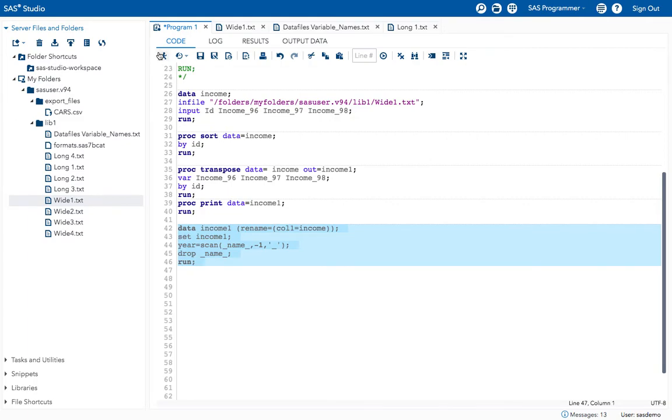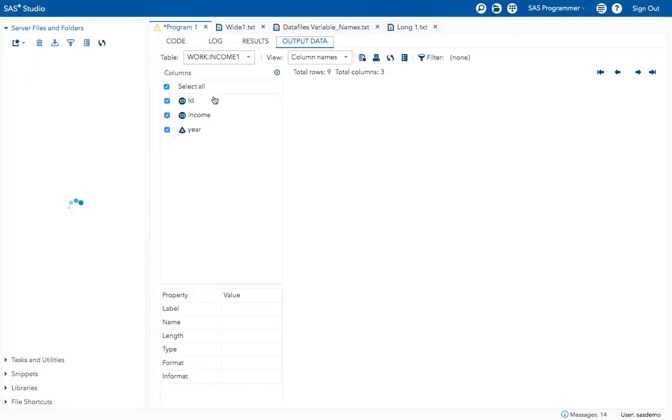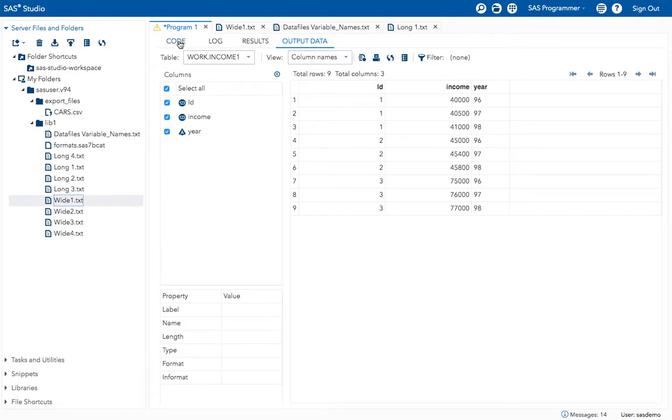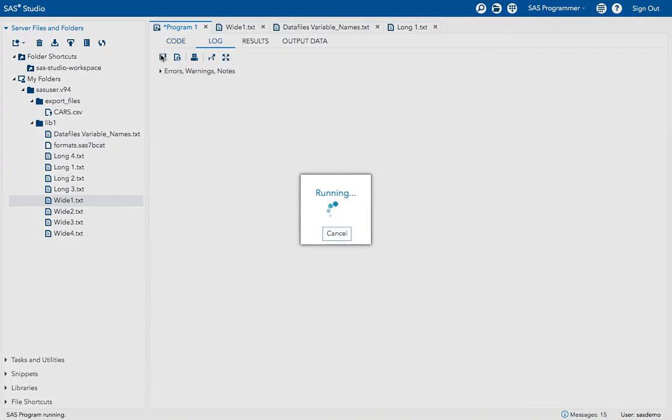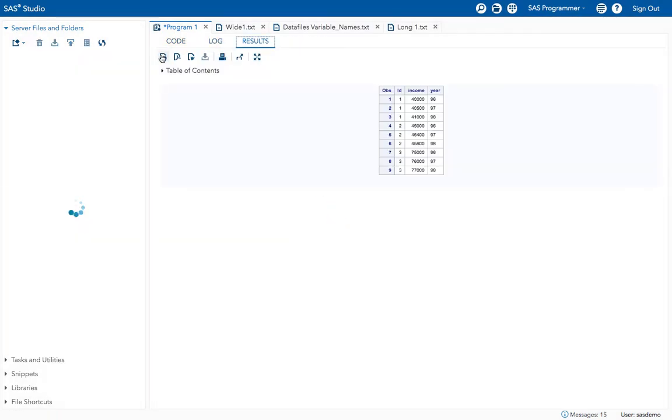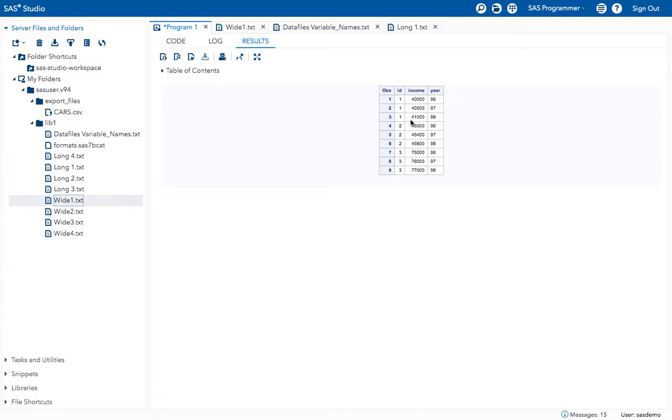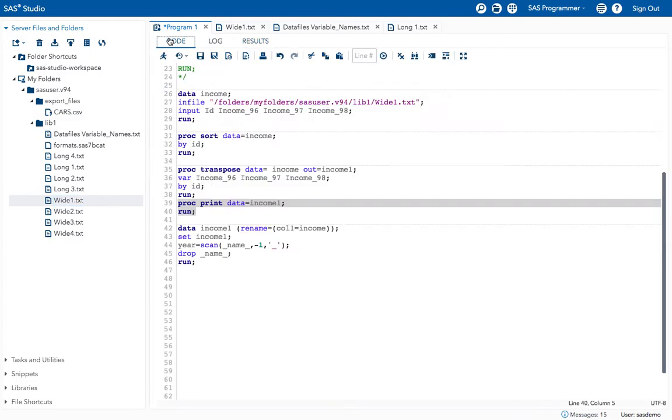Now you will get the end result. See, now if I execute this, we got the income variable created in the place of COL1, and we got the year variable created. If you want the _NAME_ variable, you can remove this drop option.